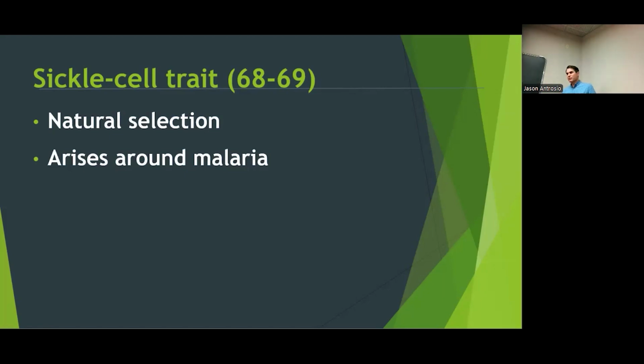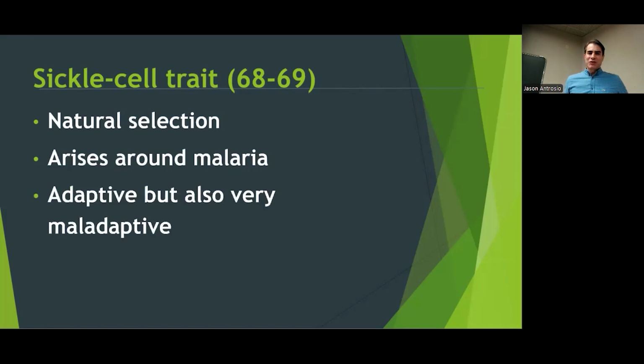And if you are heterozygous for that, that is to say, if you've got one dominant and one recessive for sickle cell, it confers malaria resistance. So it's actually a very adaptive trait in areas where malaria is a problem. However, this is one of those traits that is adaptive, but it's also very maladaptive because if you're unlucky enough to be homozygous for the sickle cell trait, it can actually kill you or be very